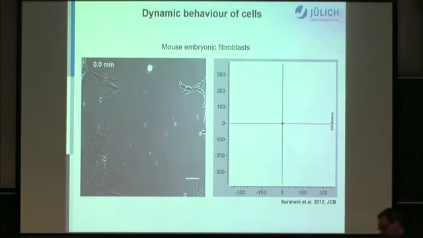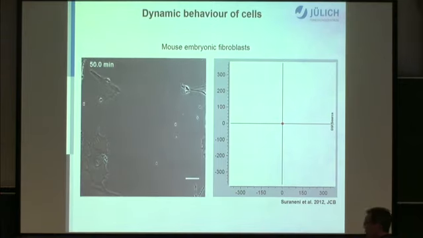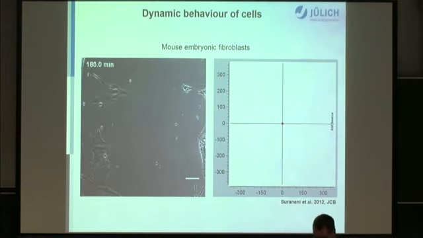Before I start, I'd like to mention that basically every cell, especially if you isolate them and put them in cell culture, is almost able to migrate on the surface. So here, for example, embryonic fibroblasts, and you will see in a second over time some of them are somewhat polarized, some of them are just very dynamic, and if you analyze those cells, you see them migrating on the surface, and you can also